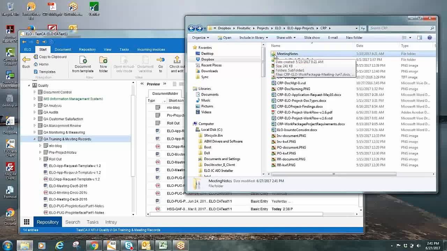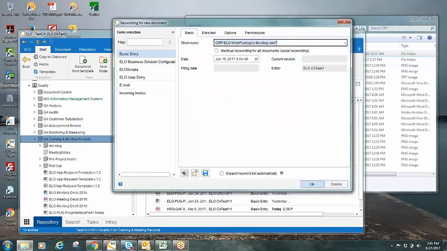file hundreds of documents at a time. And what ELO calls this is the serial keywording method. So I'm going to drag meeting notes over into the location where I want it, drop, and immediately ELO pops up the keyword form for me. I didn't have to go open it. Now,